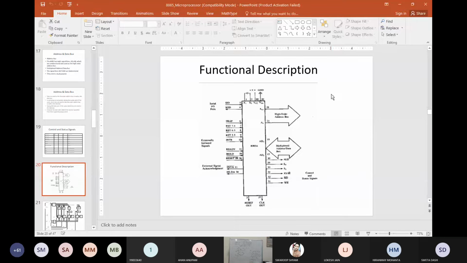What is this address? What do you mean by address? See, prior to that, these buses and communication tools, what